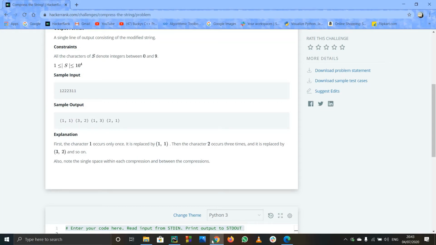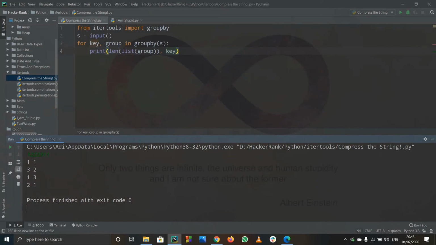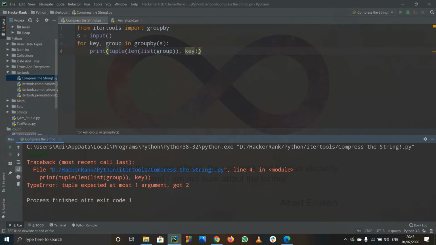So we'll have to make a tuple. So I'll print out a tuple, and fine. Now let us see if it is right or wrong. Okay, yes, this is the wrong thing. What I'll do is I'll just cut this whole thing.